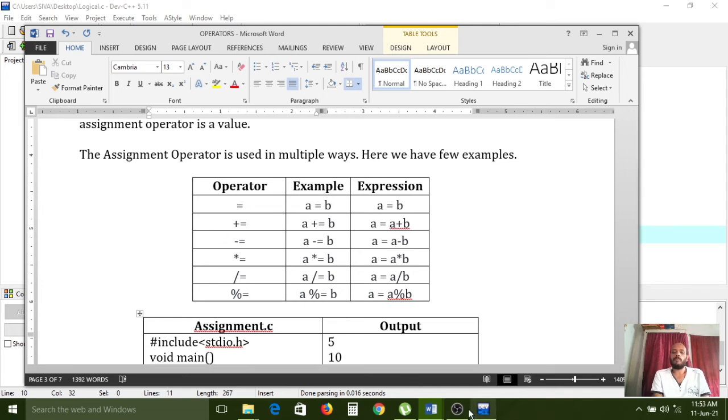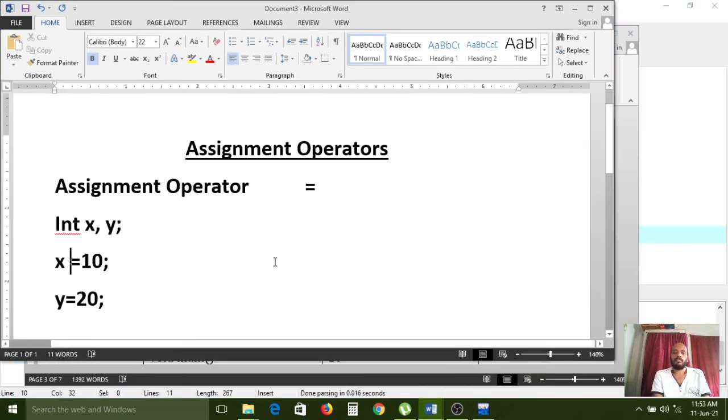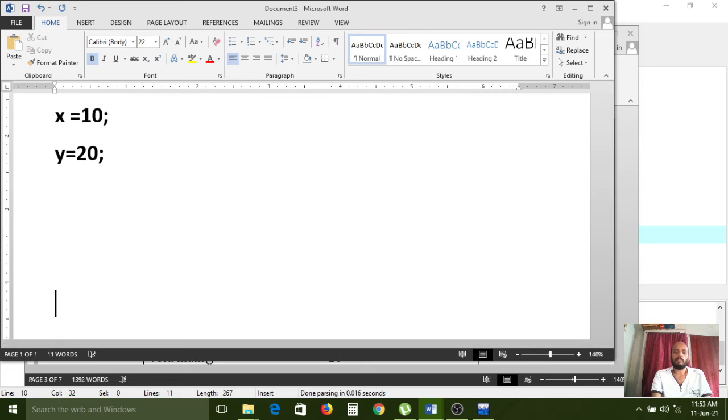If you use the plus operator before the equal to symbol, and we can use this one also, minus equal, star equal for multiplication, division equal, percentage equal. So along with arithmetic operators, we can use the assignment operator in multiple ways.